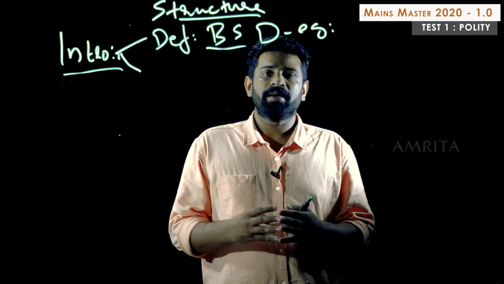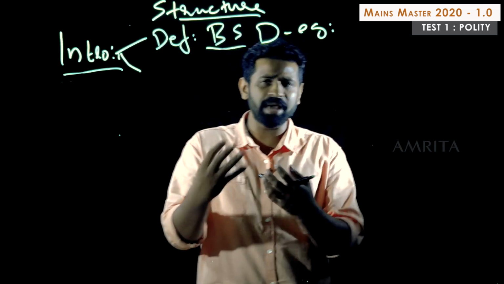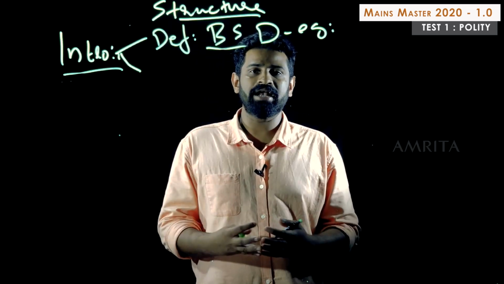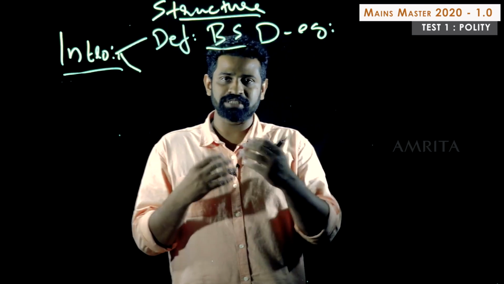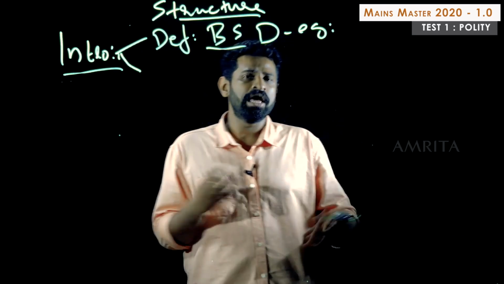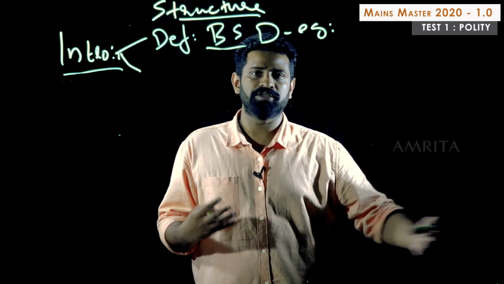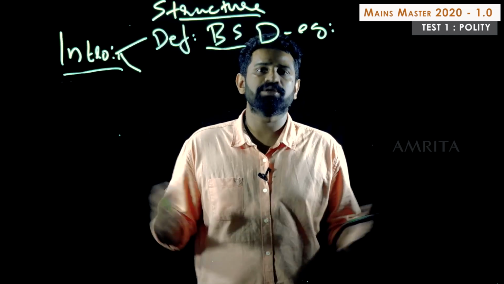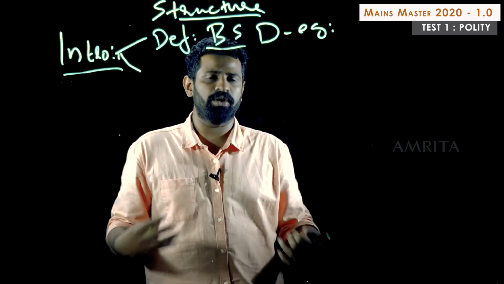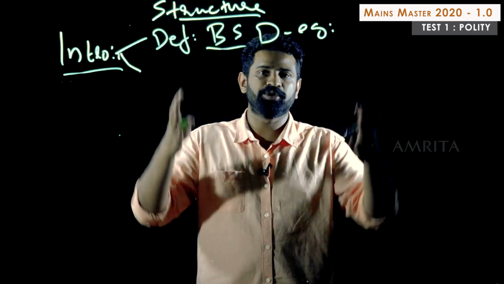But you would say that on the other hand, we also know that the basic structure doctrine, in real practice, has brought in some elements of rigidity, right? That is also there. Then how do we balance both? We would say that though basic structure has infused some amount of rigidity, it hasn't prevented the Indian constitution from responding to changing circumstances, or it hasn't prevented the progress of the Indian constitution to reflect the changing circumstances. So that is the basic gist, the basic approach or the feel or the tone, however you call it, that should be part of your answer.